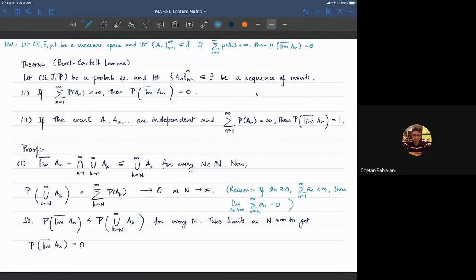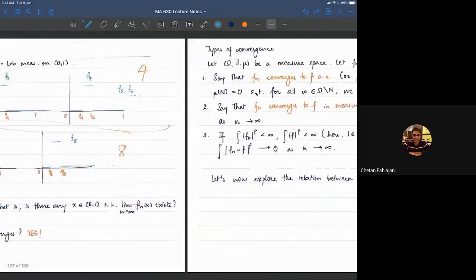It's really not difficult. When you go through this, you will realize that over here, you are nowhere using any notions of probability, except that probabilities are measures. And you're not using finiteness of measure, you're not using independence, etc. So this is true. Second part, of course, I don't know how to make sense of it in analysis, because in analysis, I don't know what independent means. Okay, so the second part of Borel-Cantelli is a legitimate probability result. The first part you can think of as an analysis result, and in particular, probability result. Okay, so I'll leave it to you to do this. And I don't want to go through that detail.